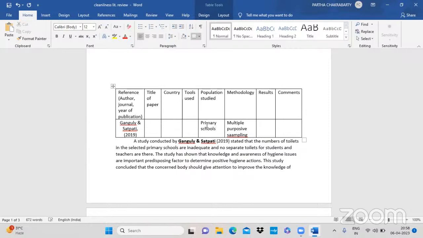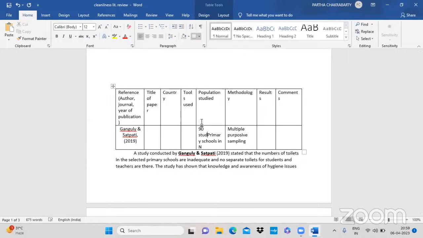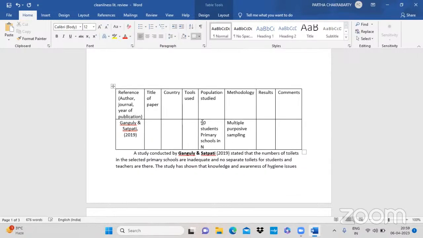স্যাম্পলিং বানান ভুল আছে মনে হয়, দুটো এ করে লিখে দিয়েছো। প্রাইমারি স্কুলস তো পপুলেশন হয় না, প্রাইমারি স্টুডেন্টস হবে, স্টুডেন্টস অফ দ্য প্রাইমারি স্কুলস। এবার হয়েছে।